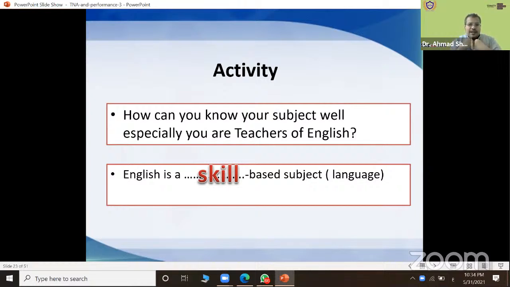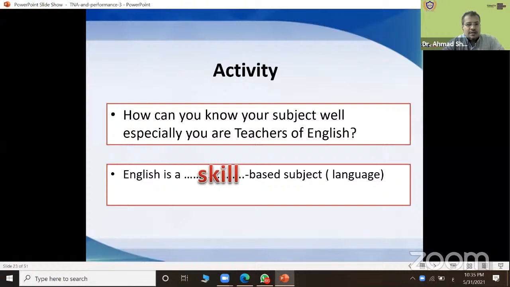I need him to know well that he used the word went because it is the past of go, for example. And he should know how to speak. Maybe at the beginning he has some problems in being fluent, but after more practice, his skills will be developed. So English is a skill-based subject, not a content-based subject.